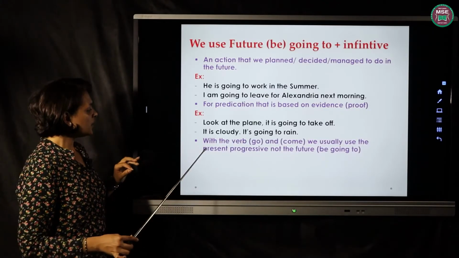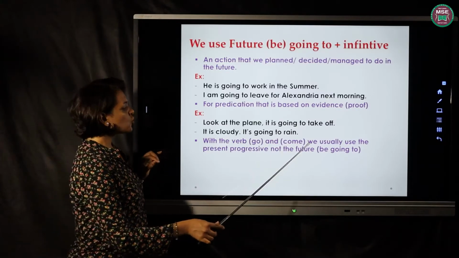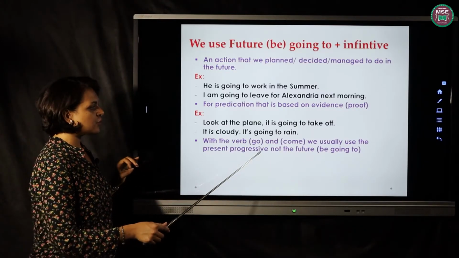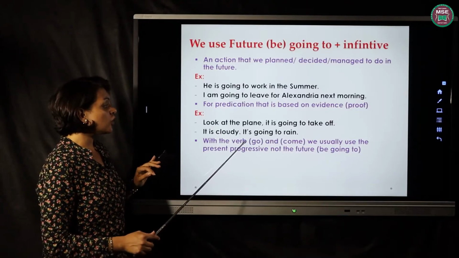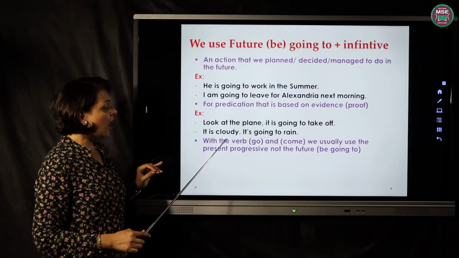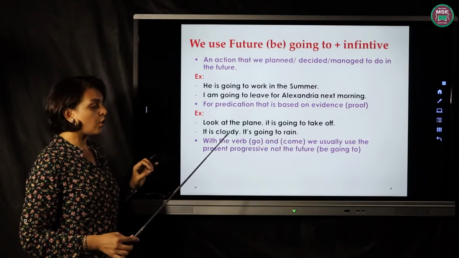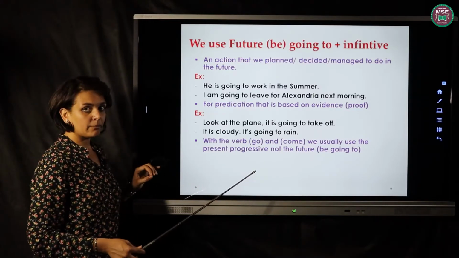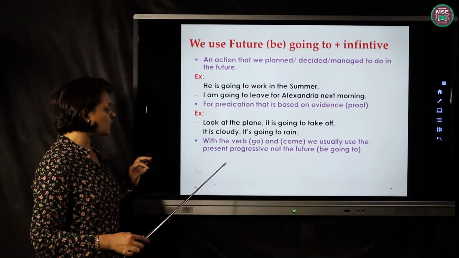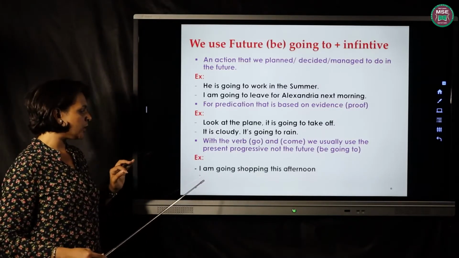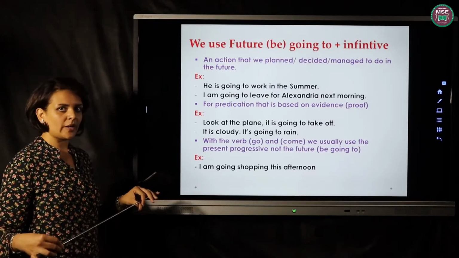The next one, with the verbs go and come, we usually use the present progressive, not the future. This is a very important point. We are not going to say, I am going to go, or I am going to come. It's not correct grammatically. So I have to say, like that example, I am going shopping, not I am going to go shopping.